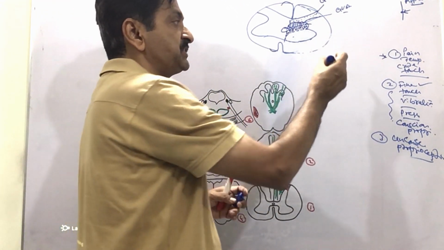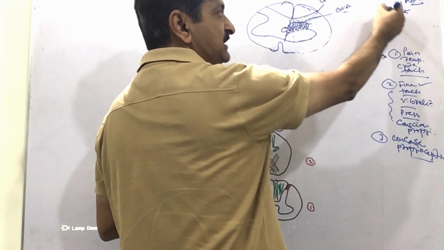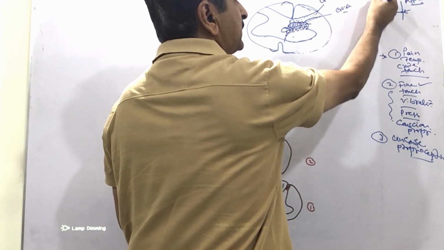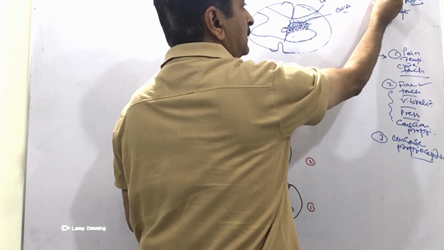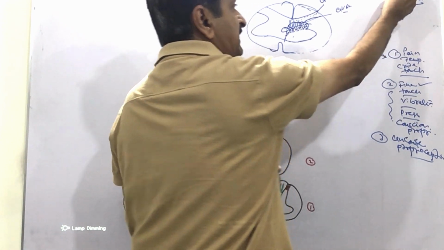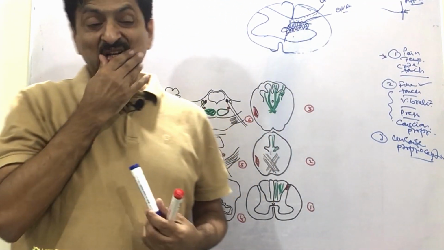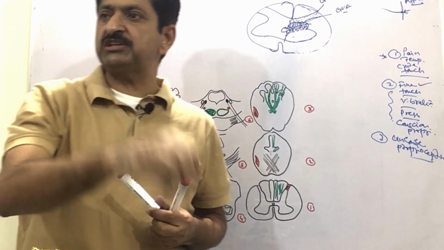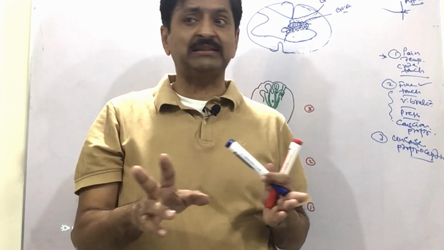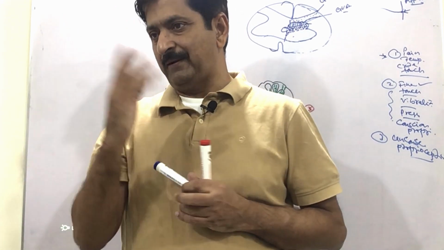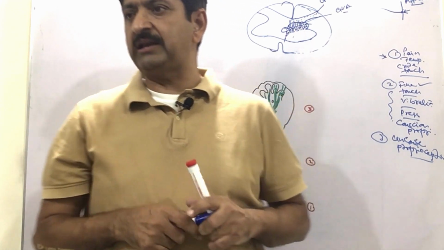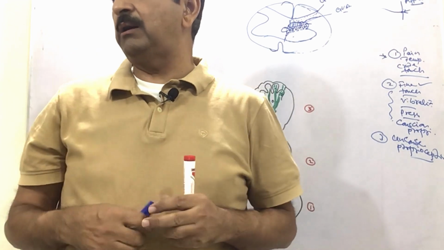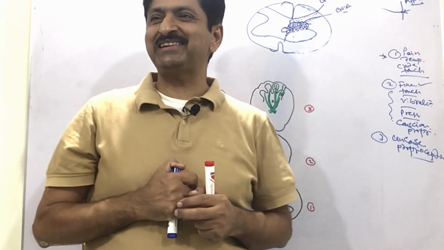So the sensory receptor is the specialized organ to which the stimulus is applied. And what is the function of the sensory receptor? Transduction. So the second step will be transduction. Transduction means we are changing the stimulus into an impulse. Just like the generator, you put in the stimulus, that is the petrol, and it converts the petrol into electric current. Here it will be converted into millivolts, a kind of potential. That is called the generator potential.